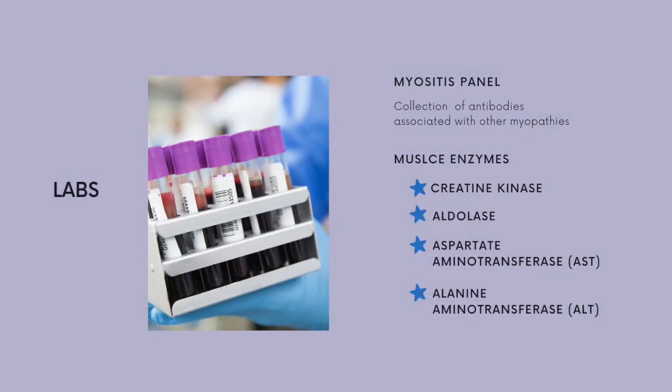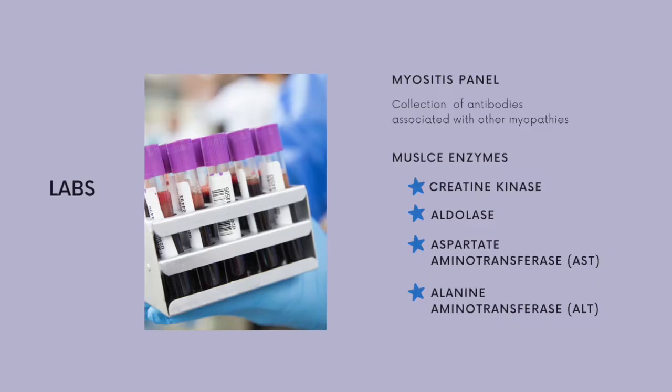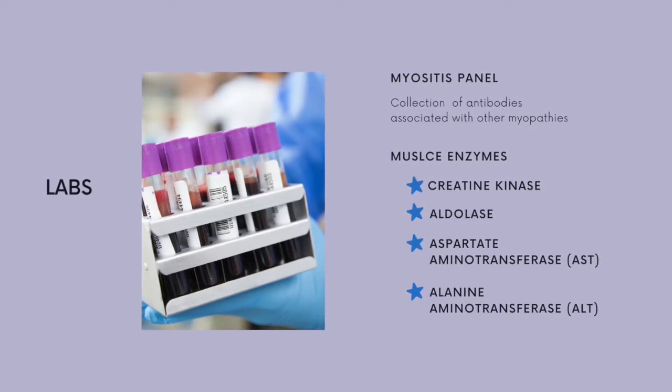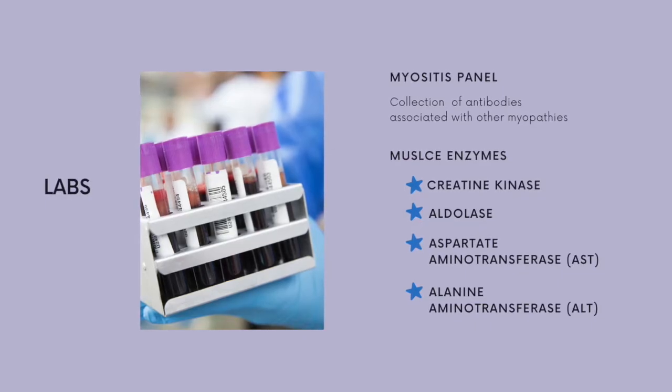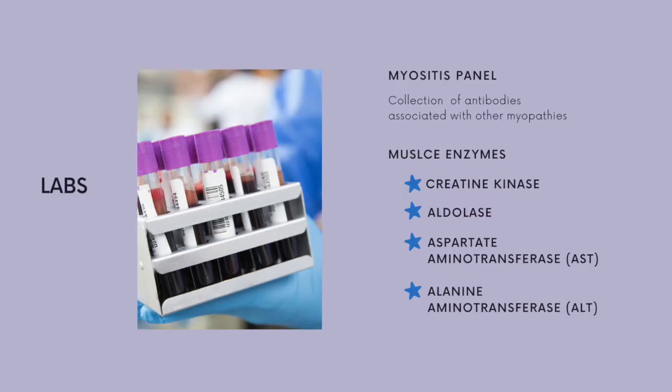And then, of course, we have muscle enzymes. So when your muscle is inflamed, regardless of the reason, the muscle architecture starts to get distorted. And you start to leak out certain enzymes that usually live within the muscle, and now it's leaking out into your blood. And we can see that on these blood tests. And so the muscle enzymes that will be elevated in someone who has muscle inflammation is going to be CK